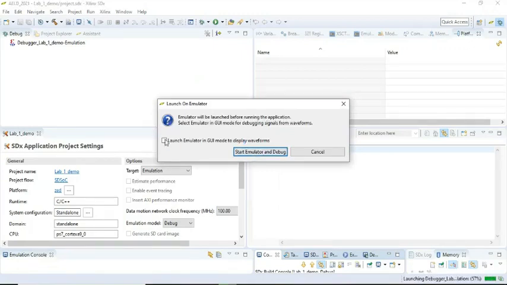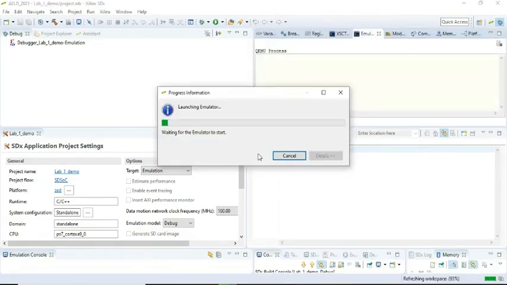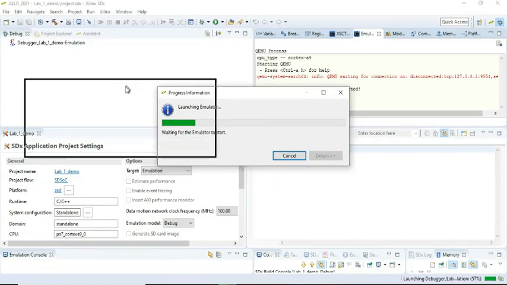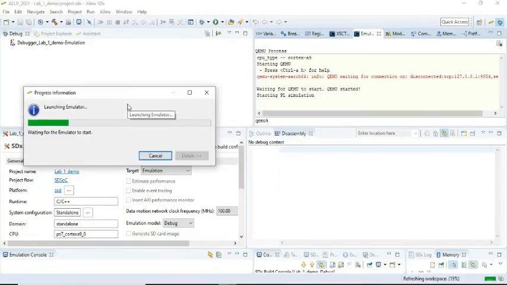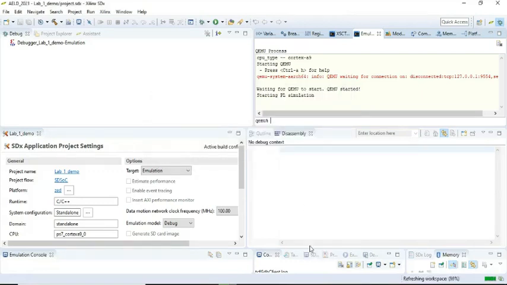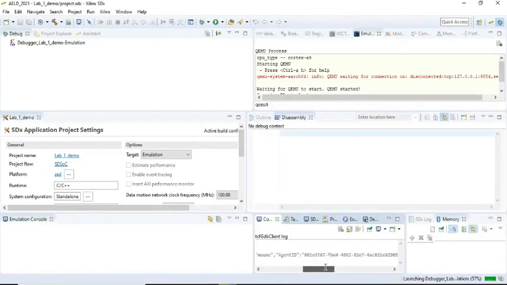Make sure that you uncheck this because we don't want the waveforms. So the TCF GDB client is launching. It is successfully connected to the localhost.